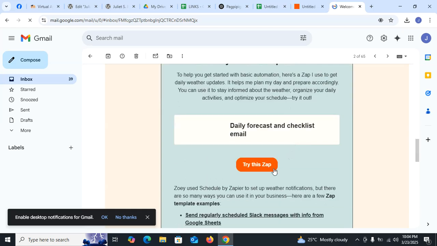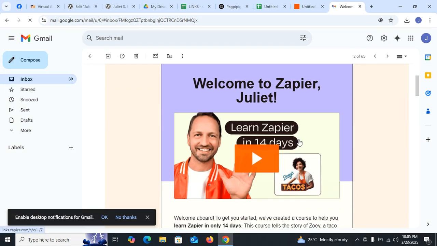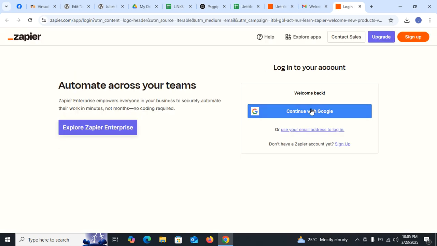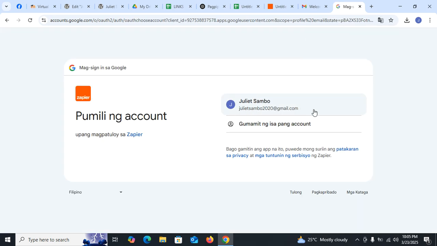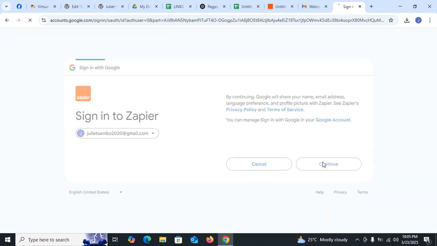So now, okay, log into my Zapier. Right, click continue.